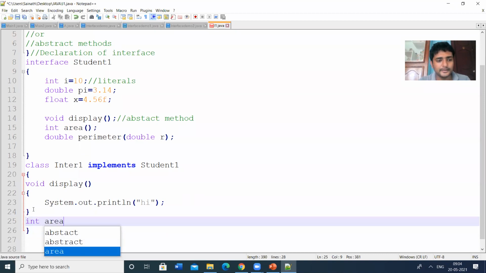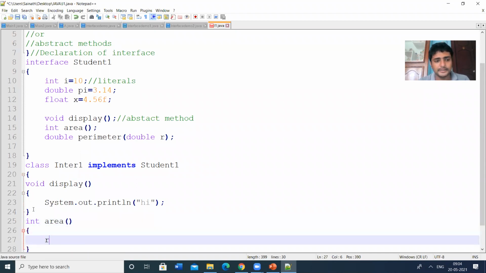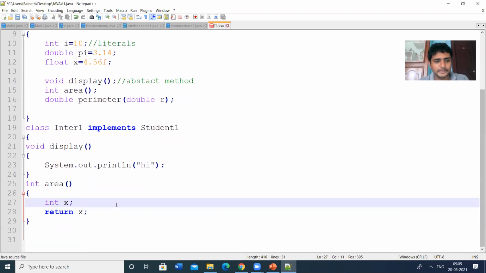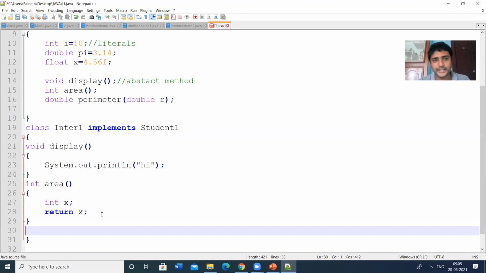Int area. I'm defining the method to return some value, int x. Then I am closing the method. So this is the abstract method definition.